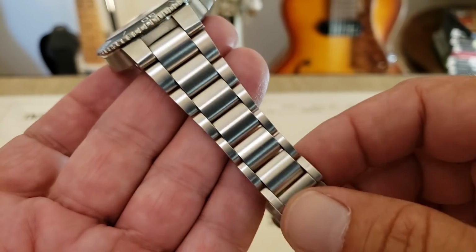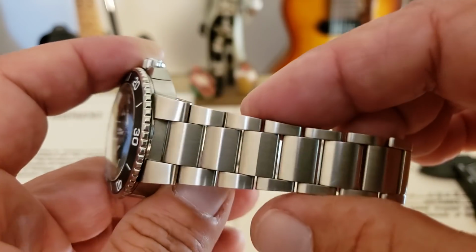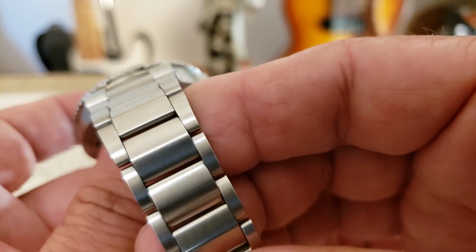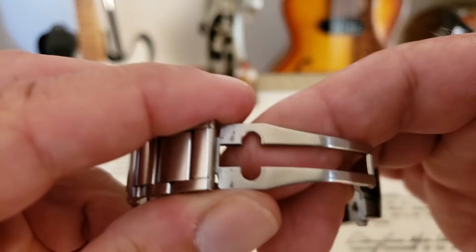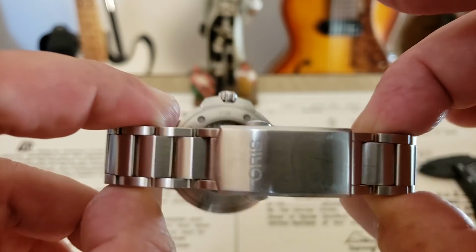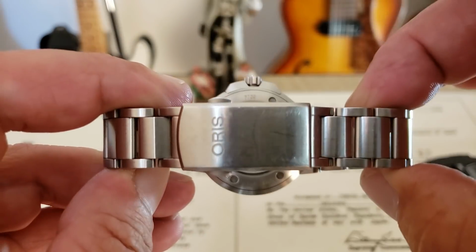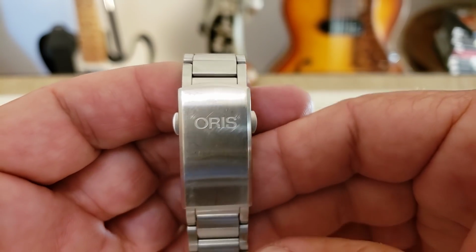The band, even though it's fully proprietary, is very nice. I say band, but this is actually the bracelet. The bracelet is very proprietary and very, very well made. Nice polishing, just a very clean, well done bracelet on these watches. As you can see, the really nice double push button system here on the bracelet makes a very nice and secure connection there. There is no diver's clasp on this or anything like that, or safety clasp, but nice signed